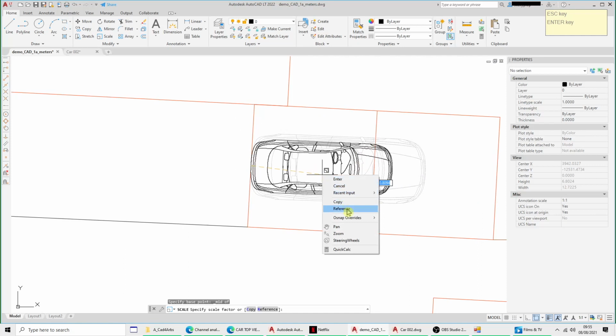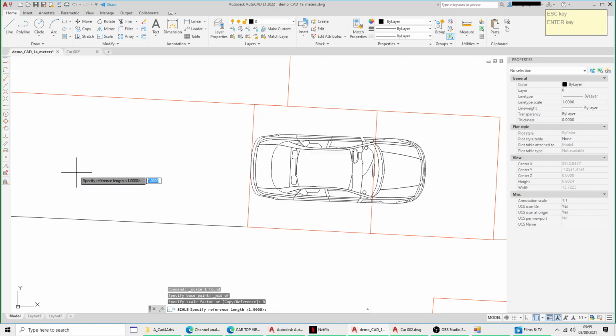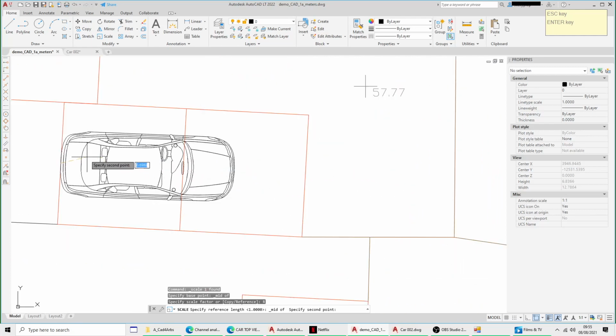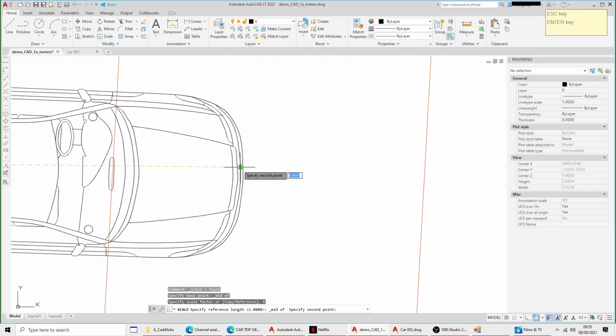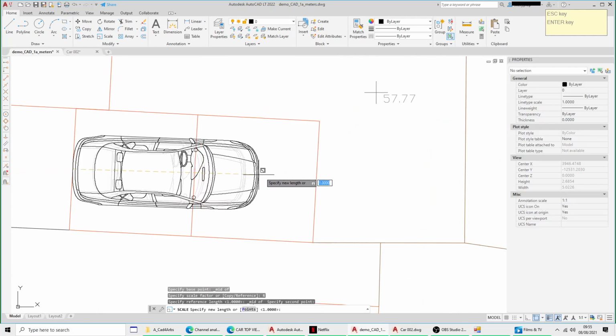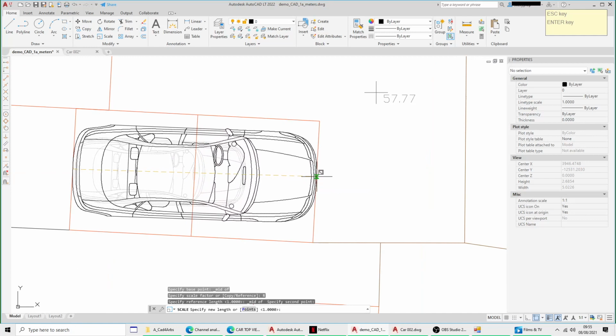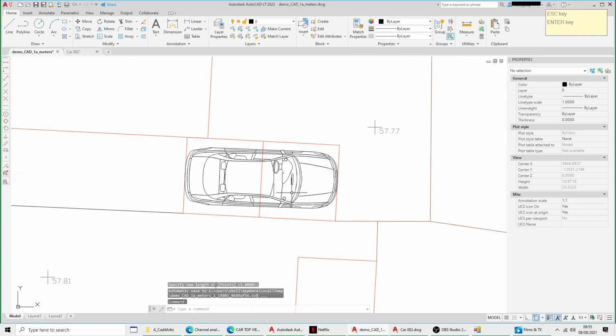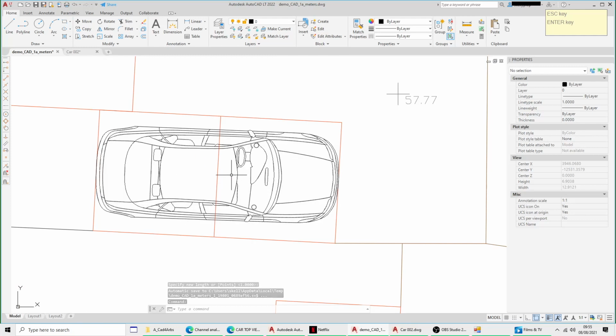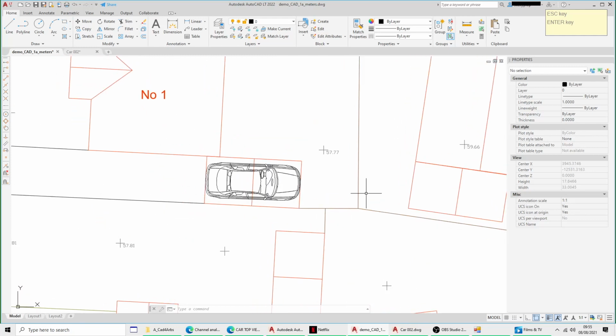and then right click reference, and just with rotate, you pick your source distance and then your target distance, and it scaled it to fit precisely the garage. It's just a way of showing the reference method. I mean, you wouldn't want a car to fit exactly, would you? But